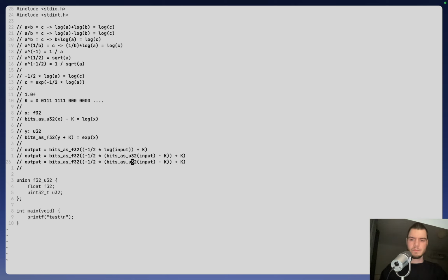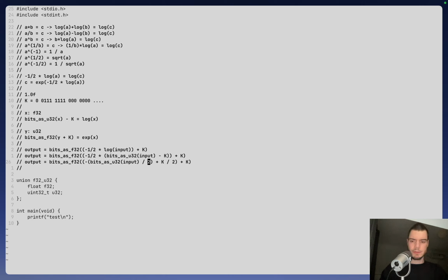So we can just do bits as U32 divided by 2 plus k divided by 2. And after that, we can remove this. 1, 2, 3, 4. Yeah, I think the parentheses should be balanced. And